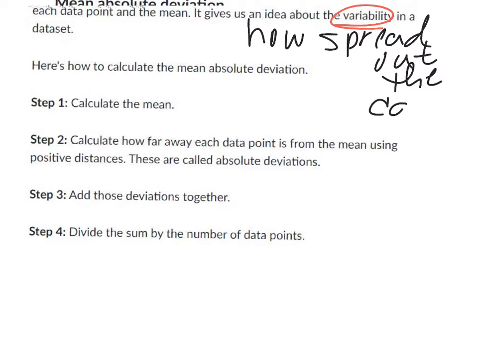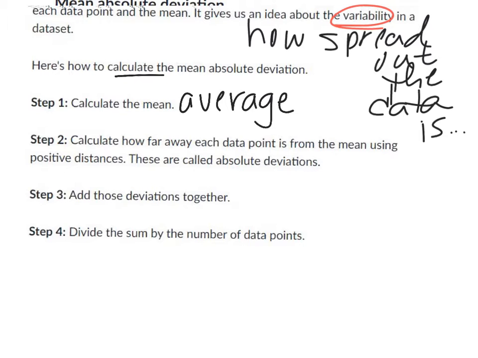So when I was looking up examples and such online, I found a lot of lessons kind of refer you back to a dot plot. You remember the comparison a lot. All right, so here's how we calculate it. Like I said, it's just a calculation. You're going to find the mean, so calculate the mean, which means you're going to add all of your numbers up, divide by however many they are. Okay, and remember another word for that is average.